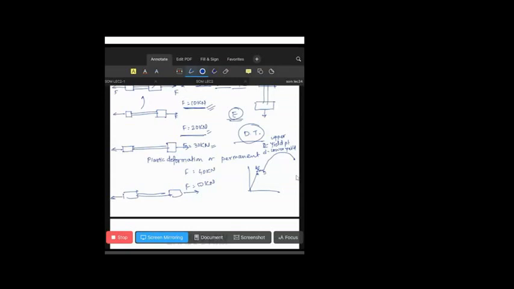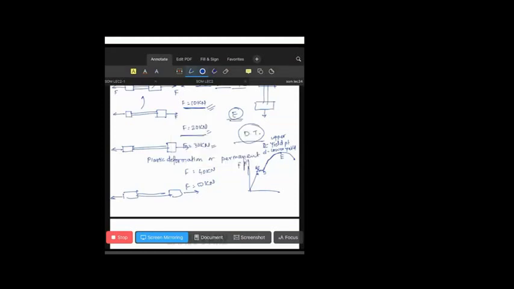So after D, as soon as I increase the load further, what will happen? With the increasing load, the deformation will also go on increasing. And between D to E point, see, even though it is taking load, a lot of resistance will be there.